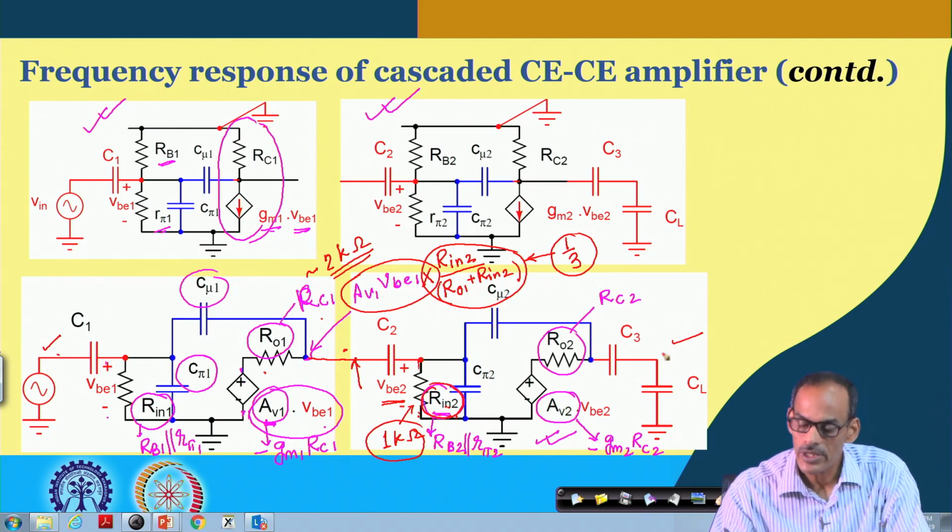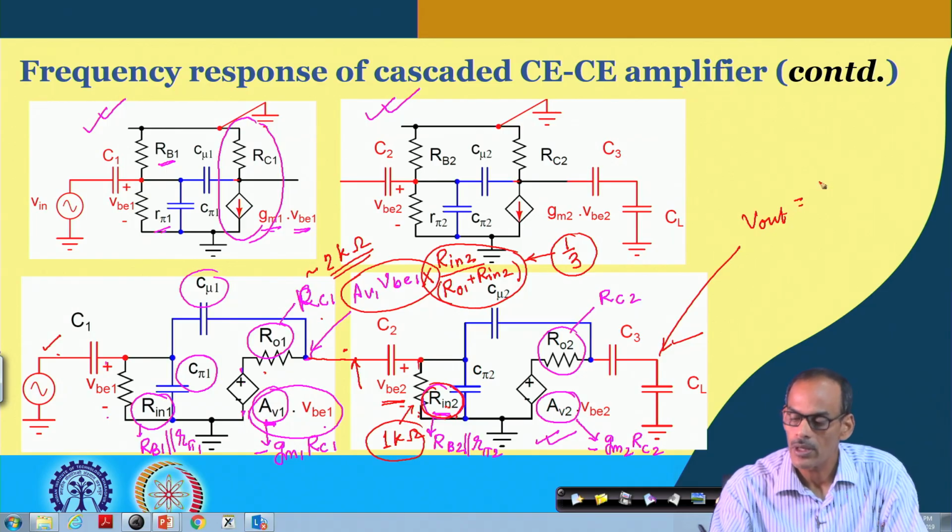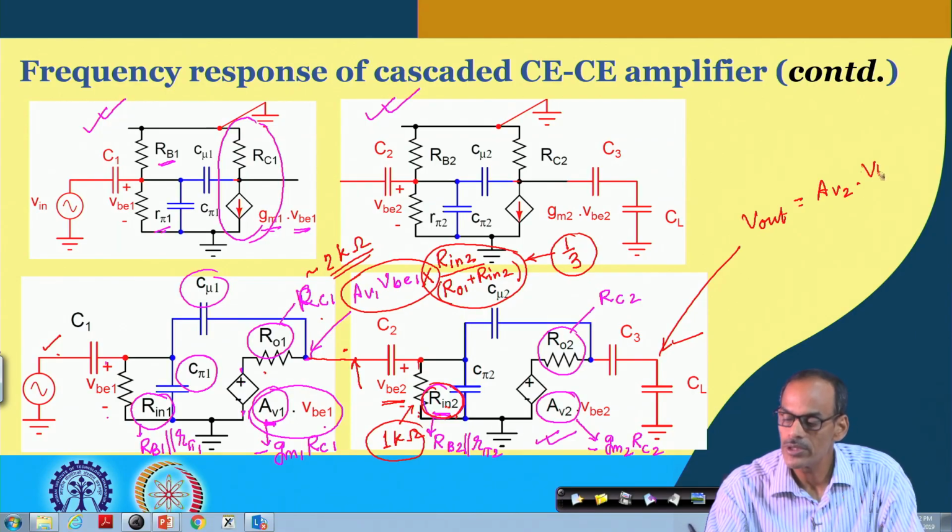So, the voltage at the primary output, we can say, is Vout equals AV2 multiplied by VBE2,